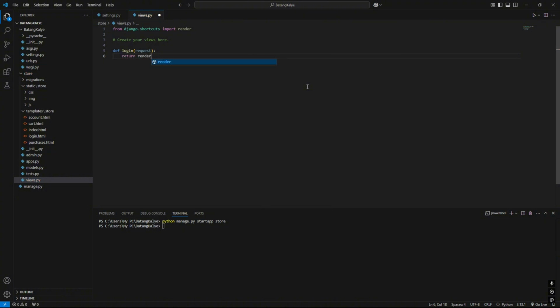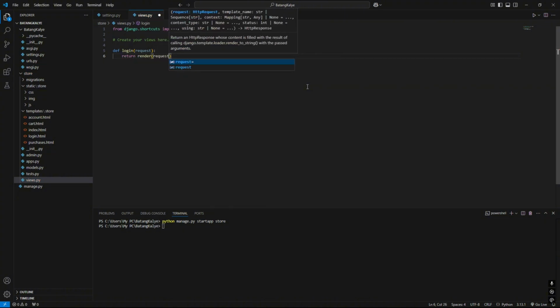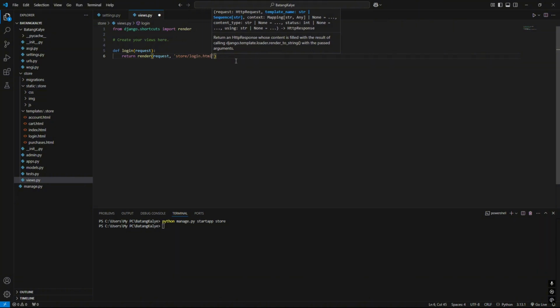Return render request, store/login.html. We're just gonna copy and paste the rest.